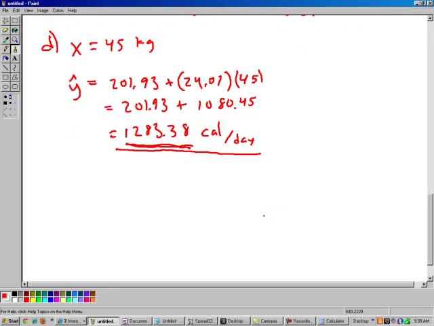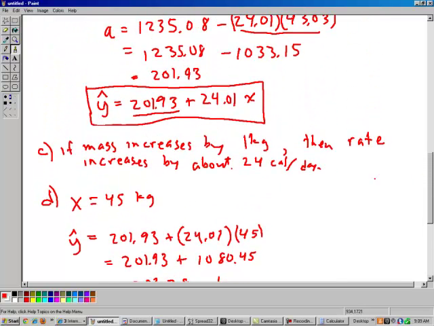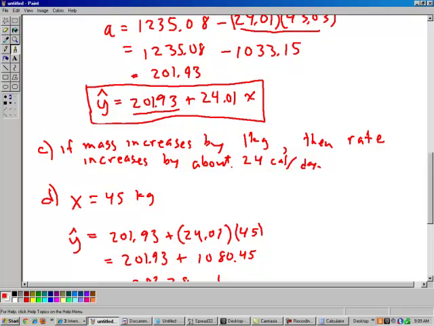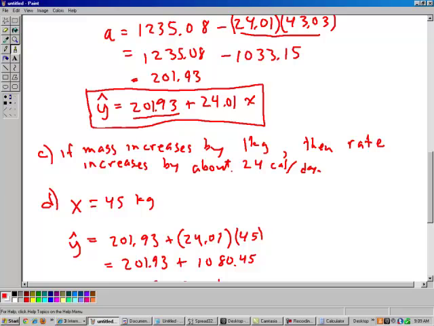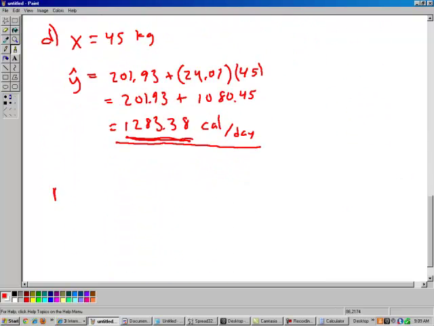All right, we're done with the question. I want to make a couple miscellaneous comments. First of all, the equation y hat equals 201.93 plus 24.01x. If you don't want to use x's and y's, you can use any variables you want. And often it's common to use actual words instead of just letters. So instead of y hat, you can say, y was the rate. So you could say the predicted rate is equal to